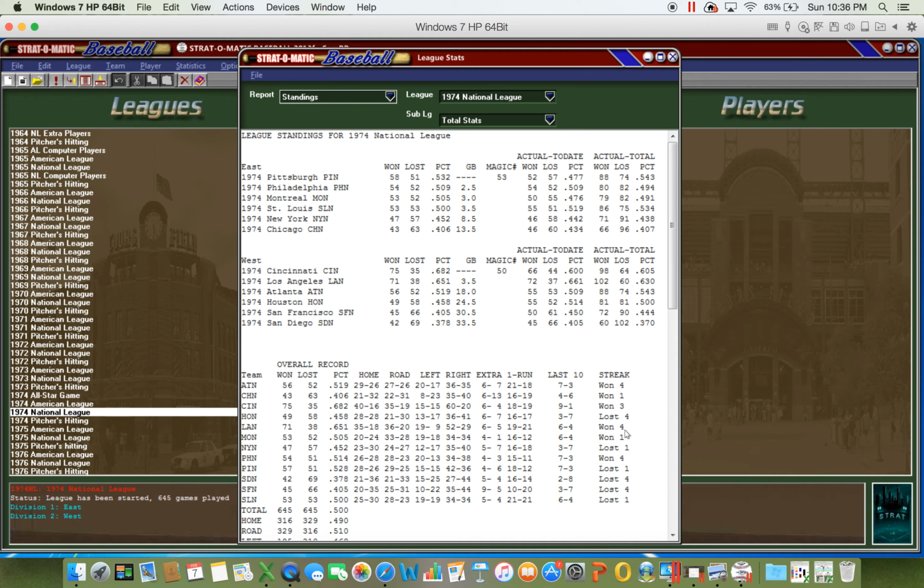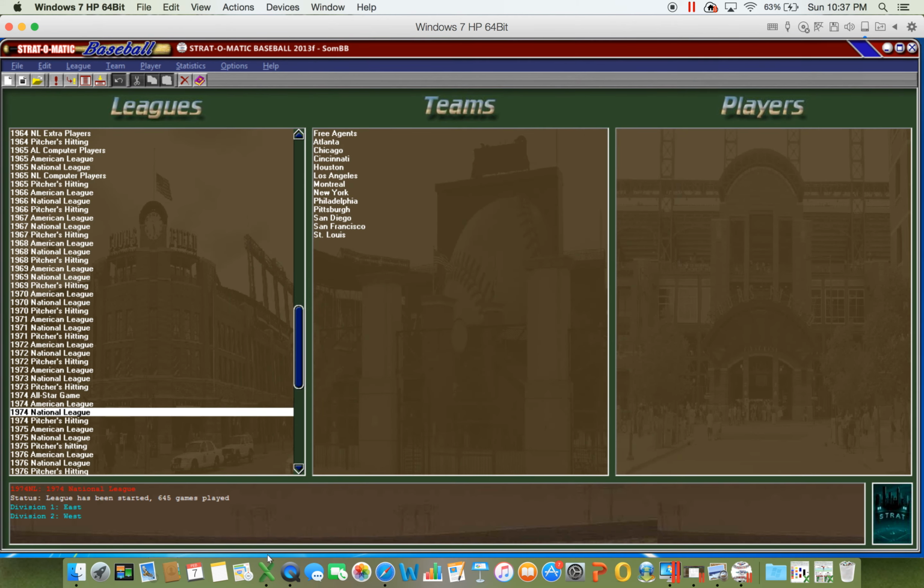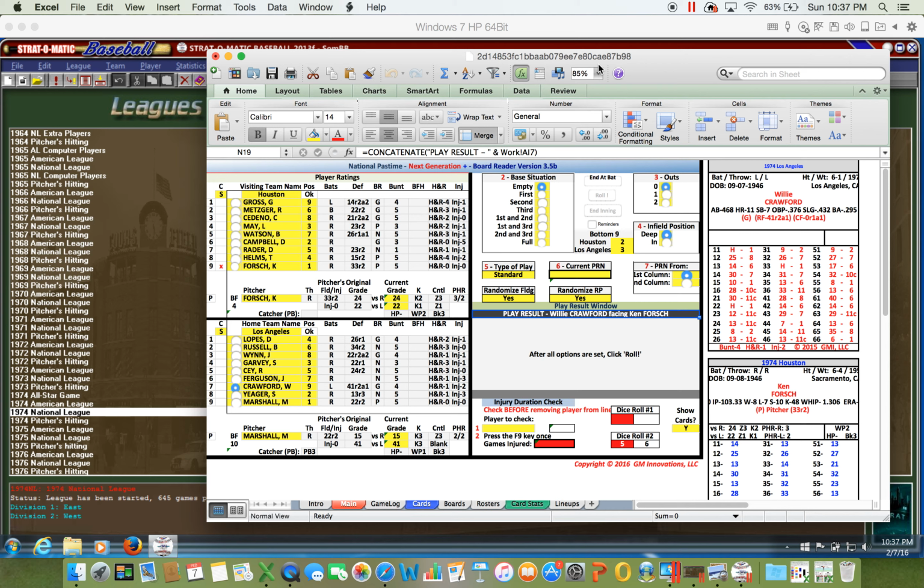Dodgers have won 4 in a row. The Reds won a doubleheader from the Padres earlier in the day. So the Dodgers came into the day 3 back of Cincinnati. The doubleheader win by Cincy, and then the Dodgers win over Houston, pushes them back to 3.5. Houston is 24.5 back. They're out of it, but that gives you an idea of how the board reader works with